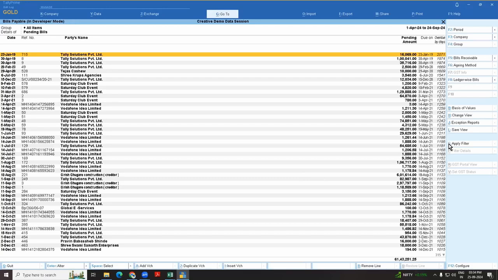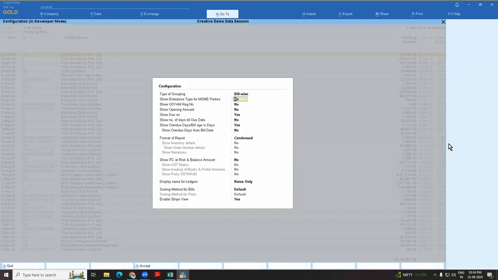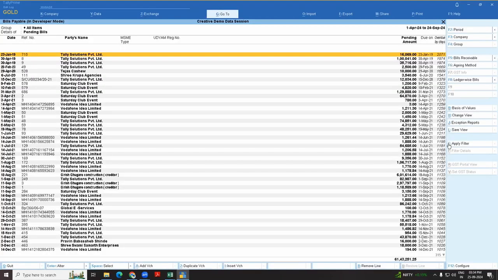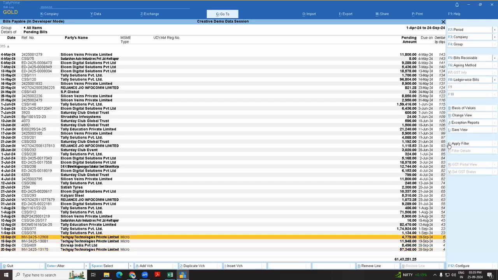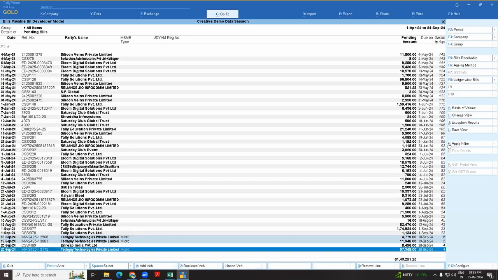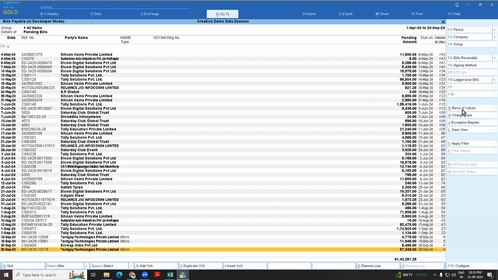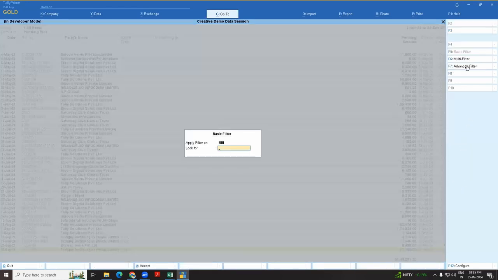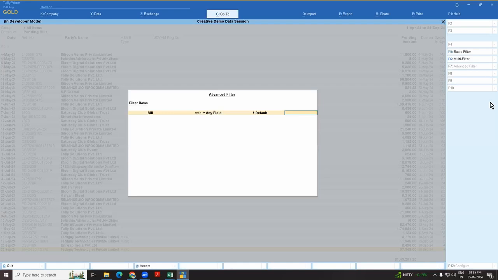In F12 you can tell here you want to see MSME type, registration number, Control A. So Tally will show you which party is micro. See here, micro, micro, micro. But I want to see which is service provider, which is manufacturer. So right side is the button, basis of value. Sorry, basis of value is not required. Apply filter. Apply filter, advanced filter, bills